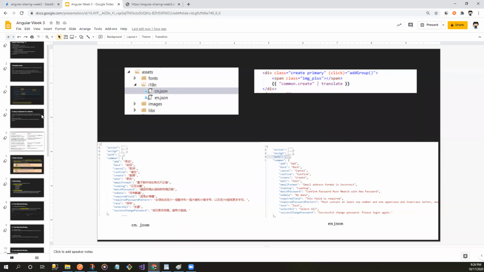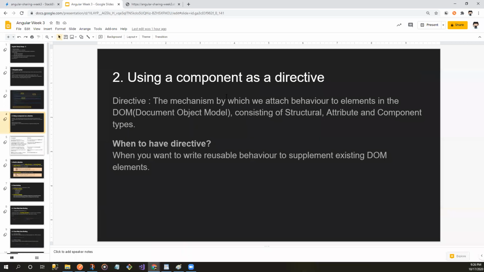So back to just now, the directive. When do we need to create a directive? Actually, from my side, I only create a directive for my upload image, because upload image and some other upload things are used and shareable for all the components. A directive adds some behavior to your element, and consists of a structure or an attribute. Attribute means the class,